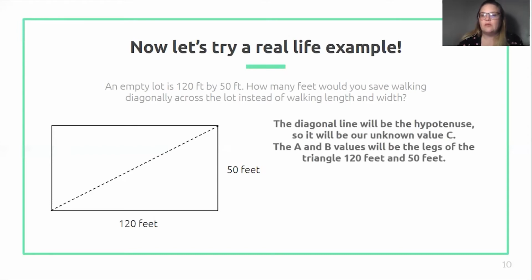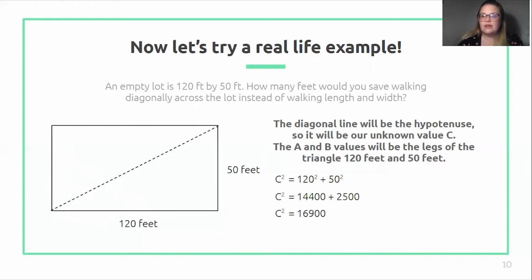The diagonal line will be the hypotenuse, so it will be our unknown value, or C. The A and B values will be the legs of the triangle, so they're 120 feet and 50 feet. We can plug this all into our equation, and we can see that we have C squared equals 120 squared plus 50 squared. As we work that, we can see that C squared will then equal 14,400 feet plus 2,500 feet. So we can add those two numbers together. And then we have C squared equals